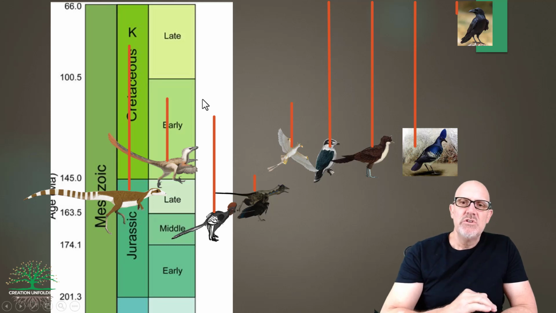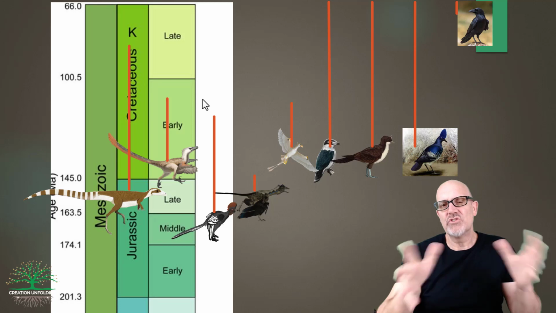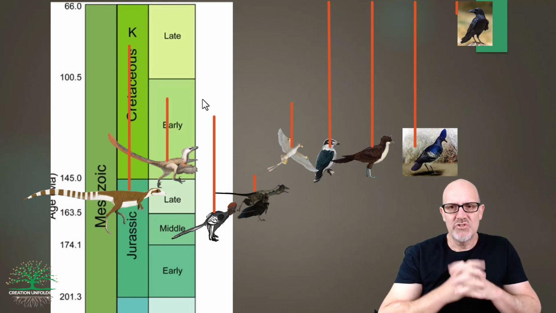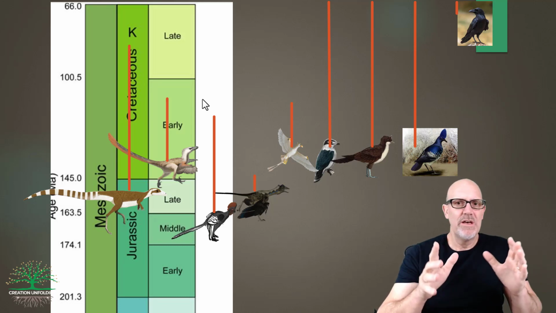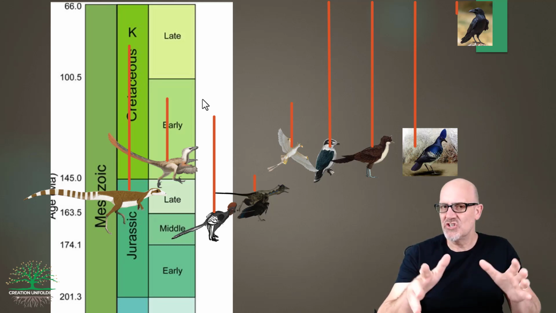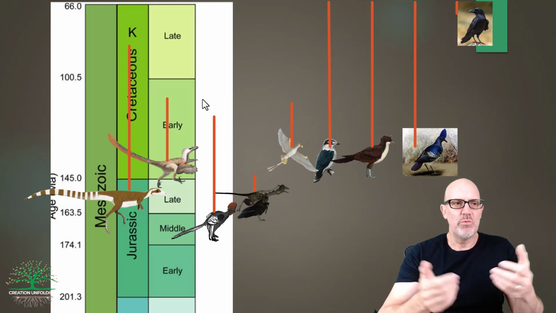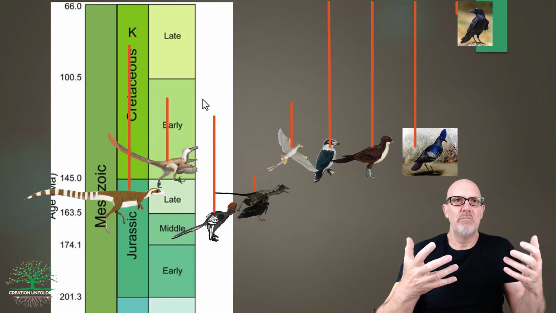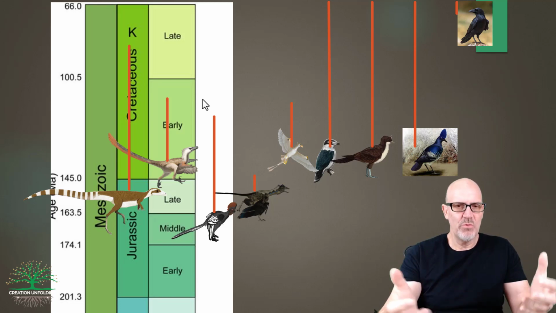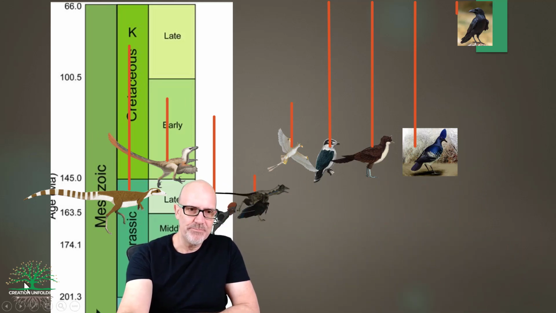Okay, so now we want to have a look at this from a creationist perspective. Well, we've already sort of unpacked that a little bit. Certainly what we're looking at doesn't quite fit the evolutionary story, but it doesn't quite fit the creationist story either. I think essentially you're going to go with whatever you want to believe. Whatever your current bias is, that's probably the way that you might interpret the data. So it's really sort of ambiguous at the moment.